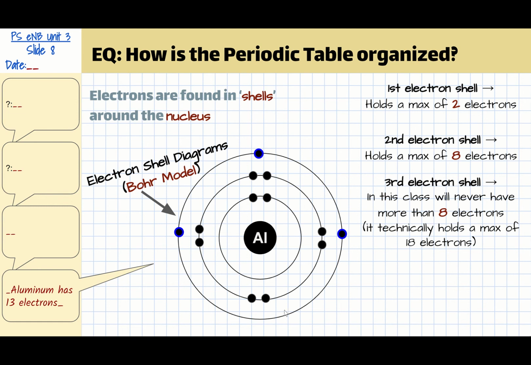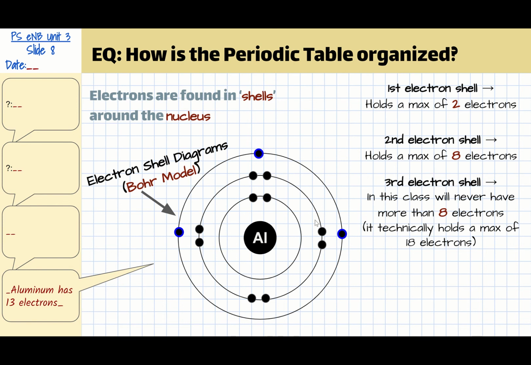Let's take a look at the second shell. Okay, that's a full electron shell, and they all have partners. So I draw 2 electrons here at the top, 2 electrons on the right side, 2 electrons at the bottom, and 2 electrons on the left side. Okay, but when we get to the third shell, I only show 3 electrons, and none of them are paired